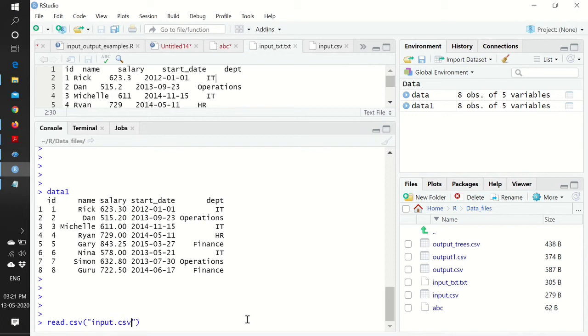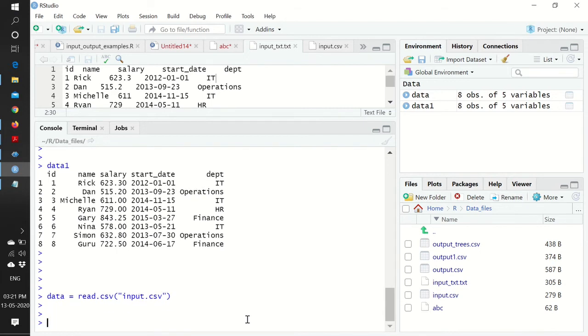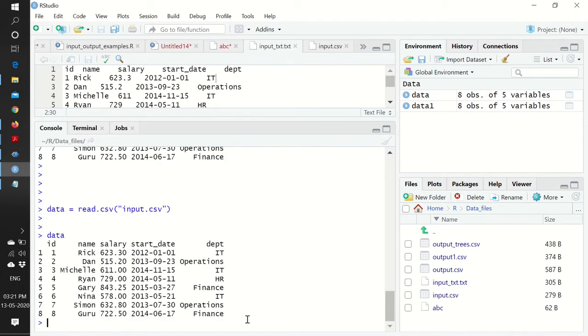Input.csv. Okay, if I simply do that, let me write data equals to, then what is data? Data equals to this one. And in fact, if you say